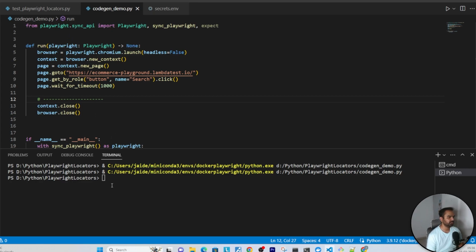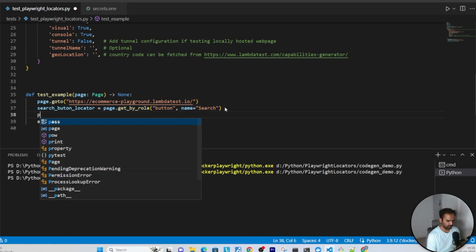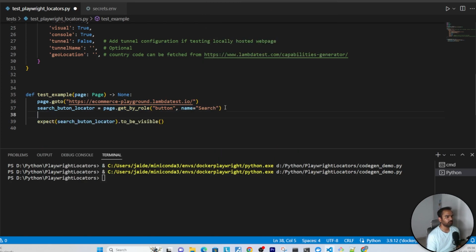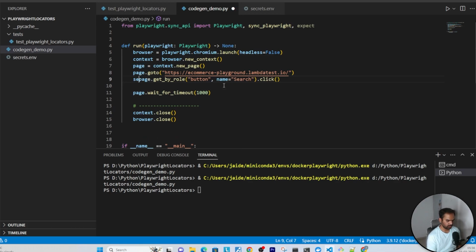Obviously we don't want to just replay this. Our goal as a tester is to make sure that the search button is visible. So this is okay for us, but our target is this one, that is expect the search button to be visible, that is the element located by this. Now let me go back and open the other one, and here if I say search, not click, but search